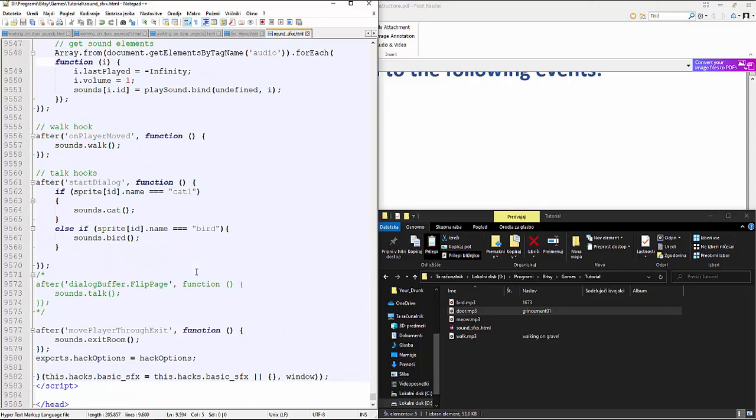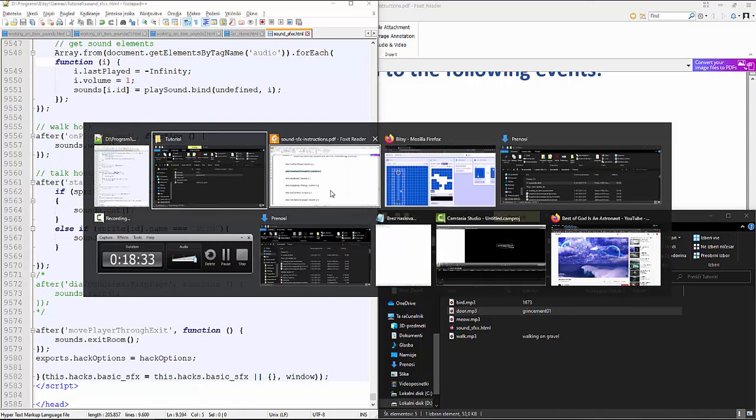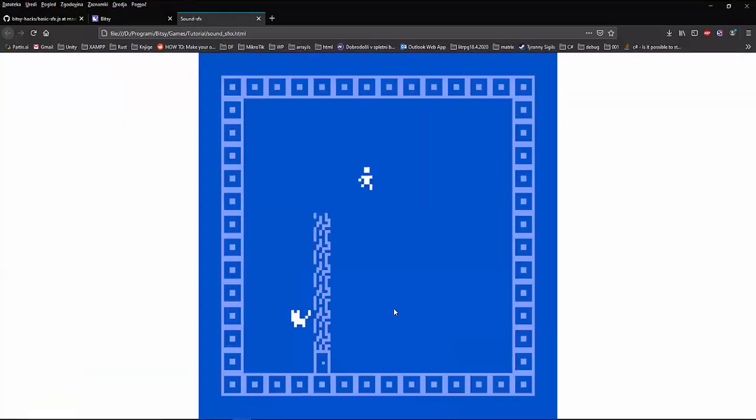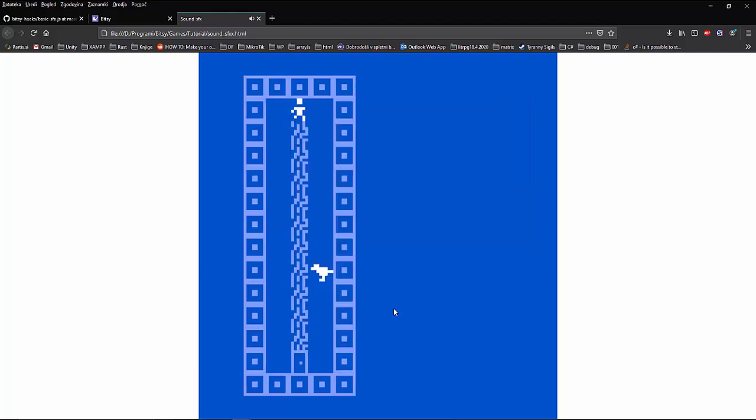And okay, so let's say we have two maps, yeah, two rooms. So let's say this one is you're walking through the beach. You want the, I don't know, the sand sound, and then you go to the pub and you want, I don't know, wood sound, like steps on wood, yeah, footsteps on wood. So